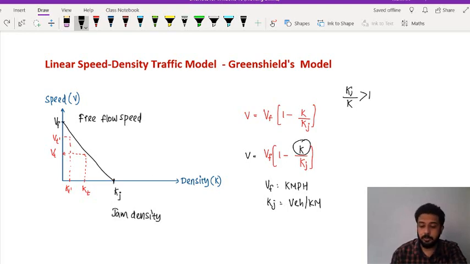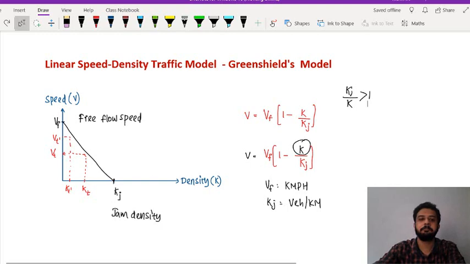While doing the numericals, you will notice that, but sometimes they will ask the question simply by giving 4 options as equations. Which of the following represents the equation of the Greenshield model? Then they may give you different options. One option may be K by Kj, another option may be Kj by K, a third option may be K by Kj minus 1, like that they can give you 4 different equations as options. Understood? This is the most important equation as far as any exam is concerned.